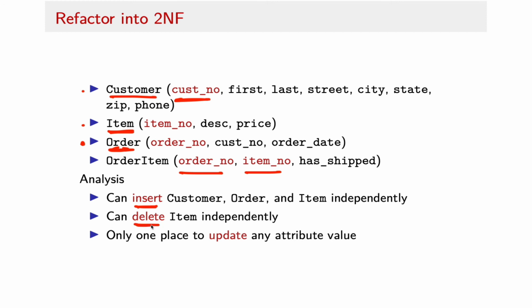I also now can delete things without adversely affecting other parts of my data. So I can, for example, delete an item. Maybe I have an item that I've had in my catalog for a year and nobody's ever bought it, and there's no point in carrying it in my warehouse any longer. Well, I can just get rid of it here, and that's not going to eliminate any other data that might